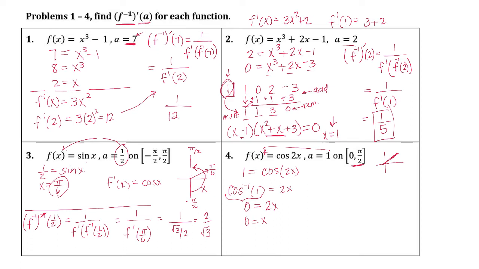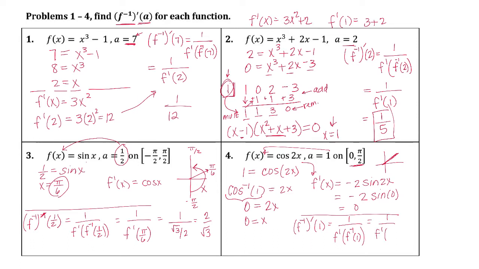So now we're ready to go ahead and look at our derivative. So let's look at f prime at x. It's going to be negative 2 sine 2x. And if we plug in that 0, we're going to have sine of 0, which is going to give us 0. So let's think about our formula again. We want the derivative of the inverse at 1, which is going to be 1 over the derivative's value of the inverse at 1. And so we saw this is really 1 over f prime at 0, because we had our 0 value. And this is going to be troublesome because the derivative's value at 0 was 0. Oh dear. So this one is going to be undefined. So really we have a vertical